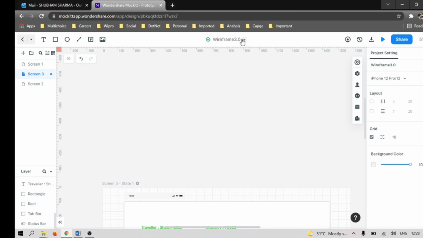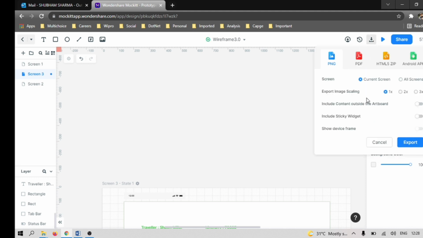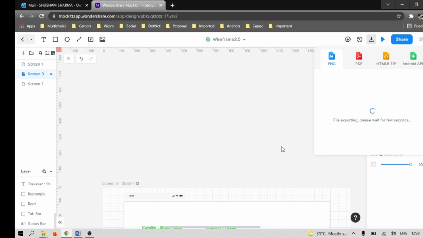Okay, so now I think this has been completed. So what can we do? We can save it once. Save. And we can download it. Okay, so we can export in PDF, PNG, image and HTML also. So we can export it. Let's see how it will look after exporting.